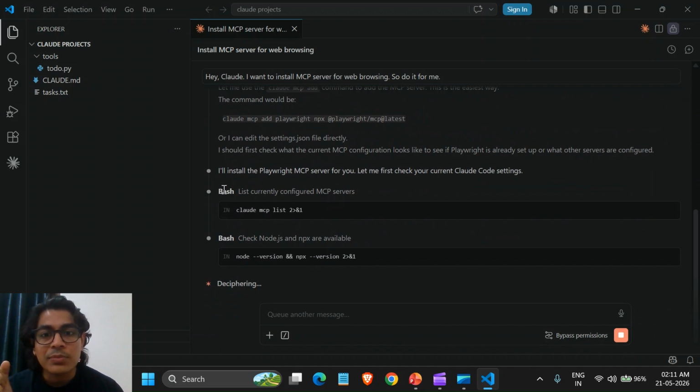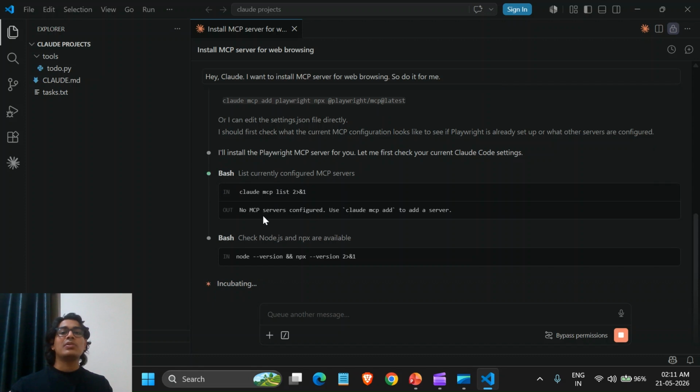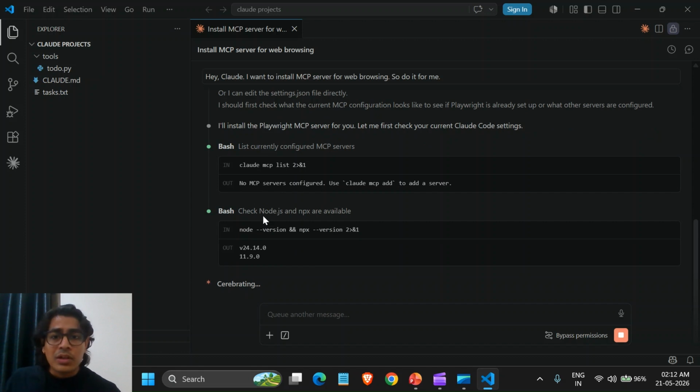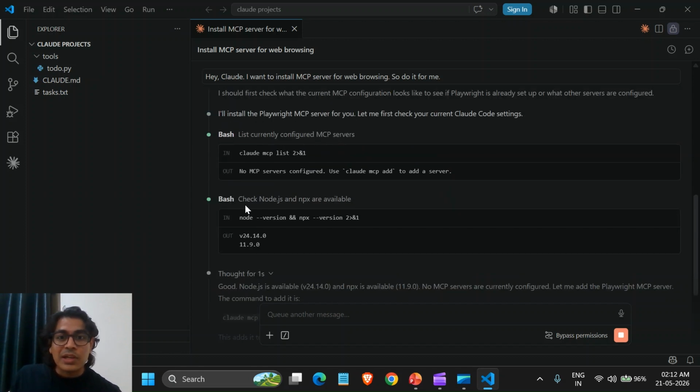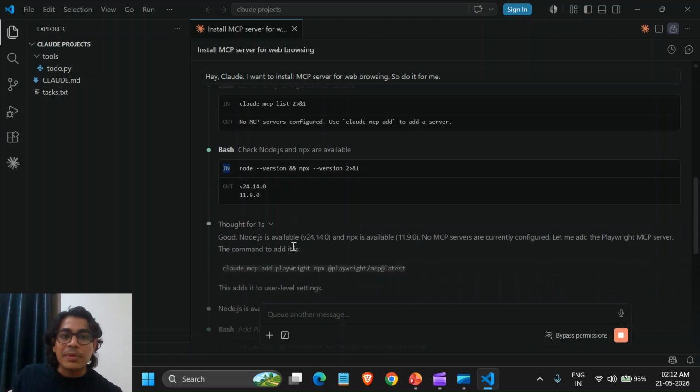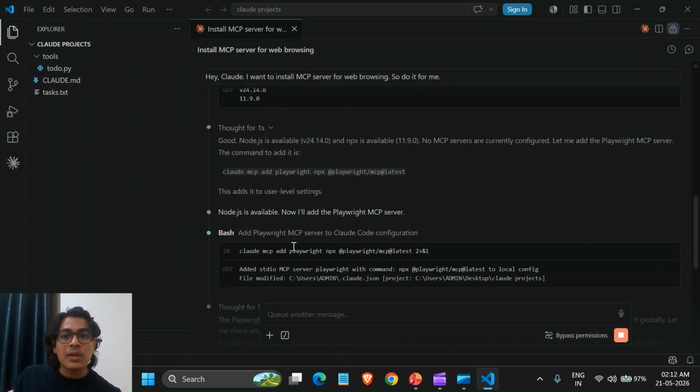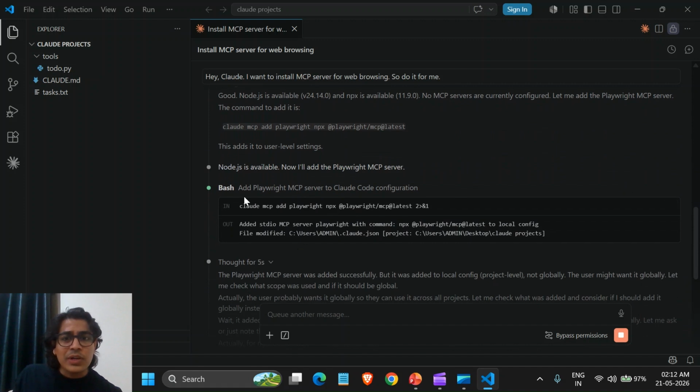So if you're going to see, let's suppose, what does this mean, bash command. Whenever it is executing this bash command, it means it is executing this on your PowerShell or terminal or command prompt, you can say. Fine. Now if you see over here, it is checking Node.js, right? You would be able to see everything, and for that it has executed this. Now these are the versions, this is the input over here, and this is the output over here, right? So probably the first time you won't be able to understand, but the more you ask this guy itself, it is going to help you with all of this. So it has executed another bash command.